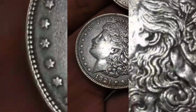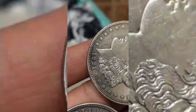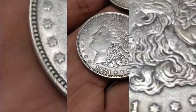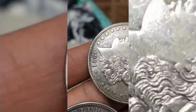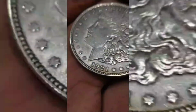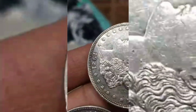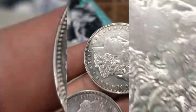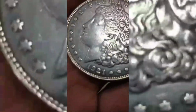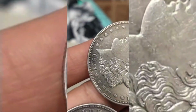Something that should never have occurred, since both designs required different hubs and dies for striking, and yet, incredibly, the coin exhibits the obverse profile of Lady Liberty as seen on the Morgan dollar, but with subtle modifications that appear to be early design elements of the Peace dollar, such as softened facial features, a slightly different hair pattern, and an unusually sharp edge on the neck truncation, suggesting that a transitional die or experimental hub was used in the striking process, possibly as part of the preparation for the Peace dollar design later approved in December of 1921,